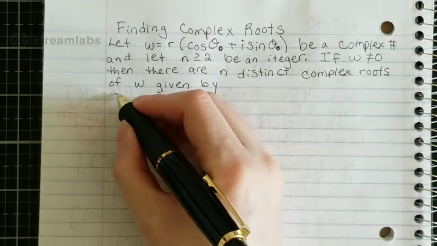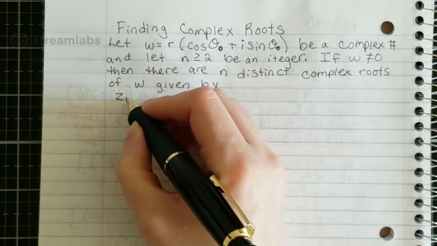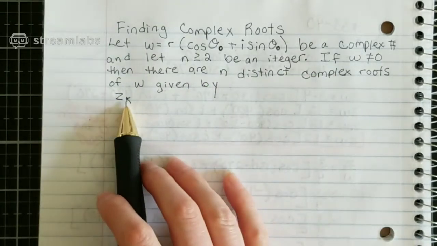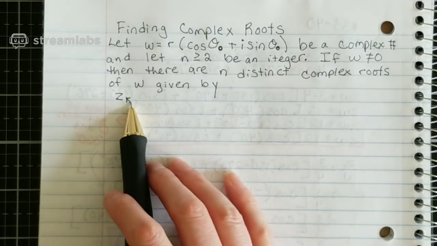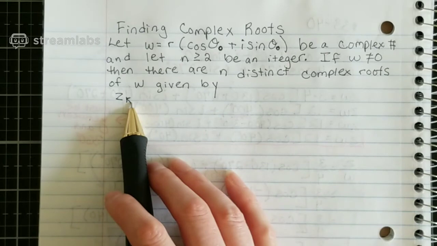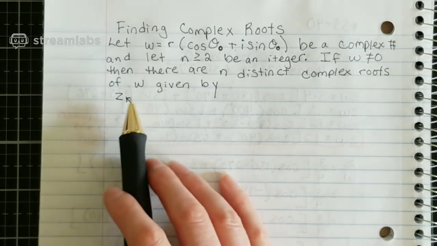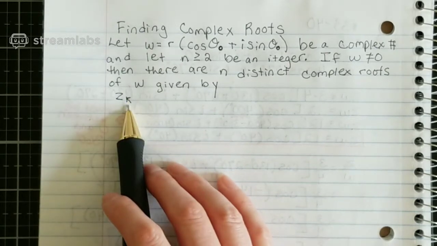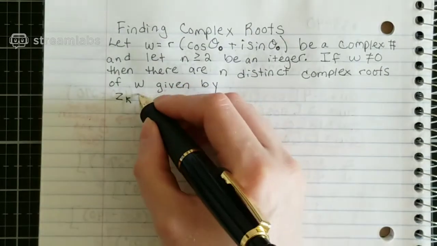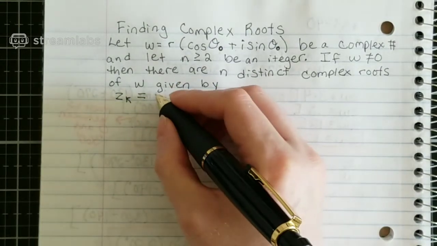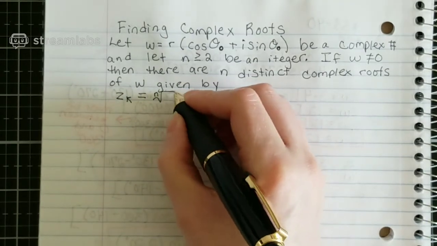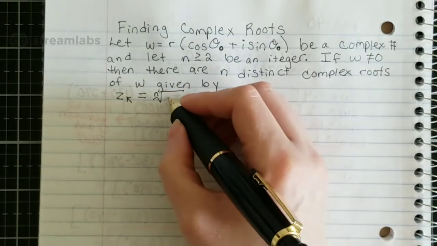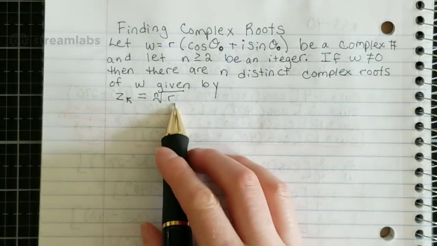All right, so Z sub K, and it's a sub K because they're going to have to tell you in the problem how many of these you're going to have to do. So this could be a first root, a second root, the third one. It just depends on how many distinct ones there are, and they'll specify in the wording. So this is the nth root type thing. So this is the nth root of R